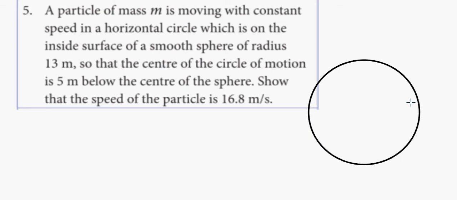Have you ever seen a motorbike rider on the inside of a cage? Has anyone ever seen it? You notice that the motorbike rider can essentially stay at the same height all the way around the inside of the cage. They're just doing perfect circles. So this is essentially what this is: it's going so fast that its force is keeping it up, keeping